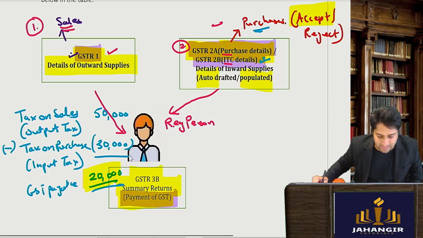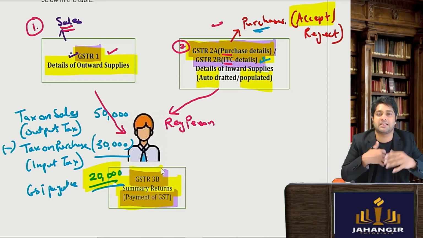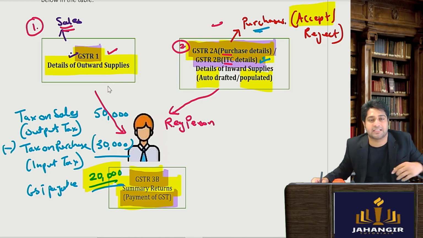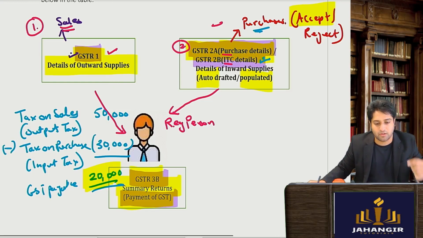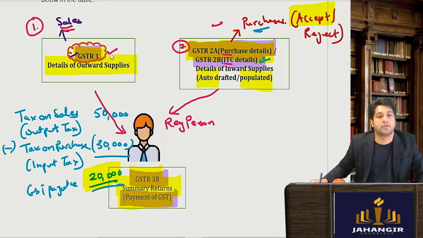So this calculation of sales and purchases and then subtracting and all of that is filed in your GSTR 3B. Are we clear? Can you tell me output tax, tax on sales कहाँ से मिलेगा, कौन से रिटर्न से मिलेगा मुझे, कौन से रिटर्न से मेरे को आउटपुट टैक्स की डिटेल्स मिलेगी? आउटपुट टैक्स की डिटेल्स मेरे को GSTR 1 से मिलेगी. तो यहां से मुझे मैंने कितने सेल्स किए और सेल्स पे कितना टैक्स कलेक्ट किया वो मिलेगा.